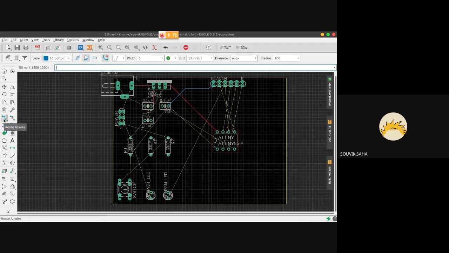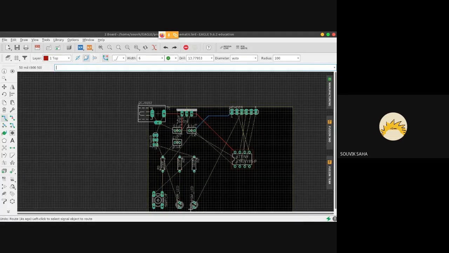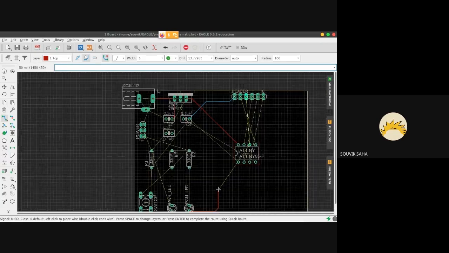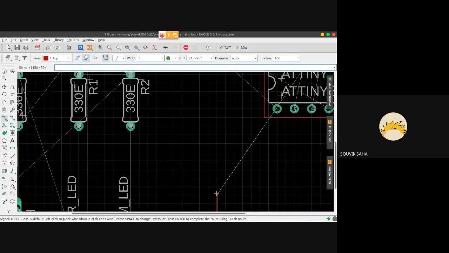And there's one more trick that you can use. Suppose for whatever reason you needed to go from the top layer to the bottom layer. I can use the middle mouse click and I'll get something called a via.